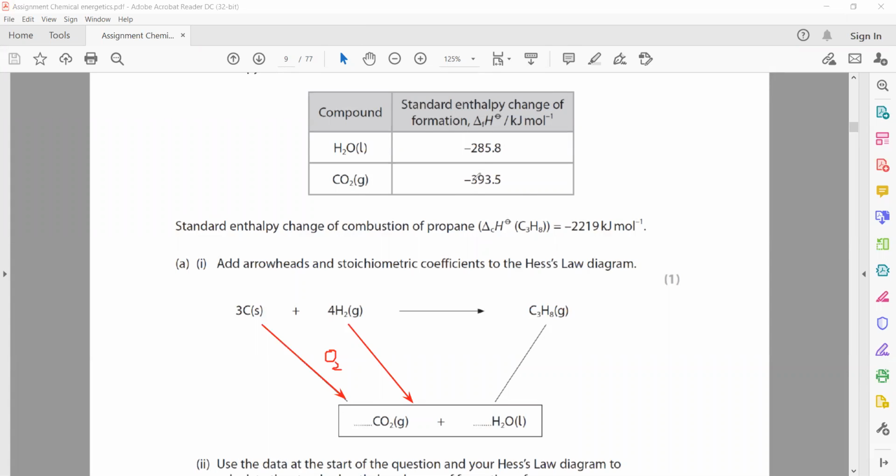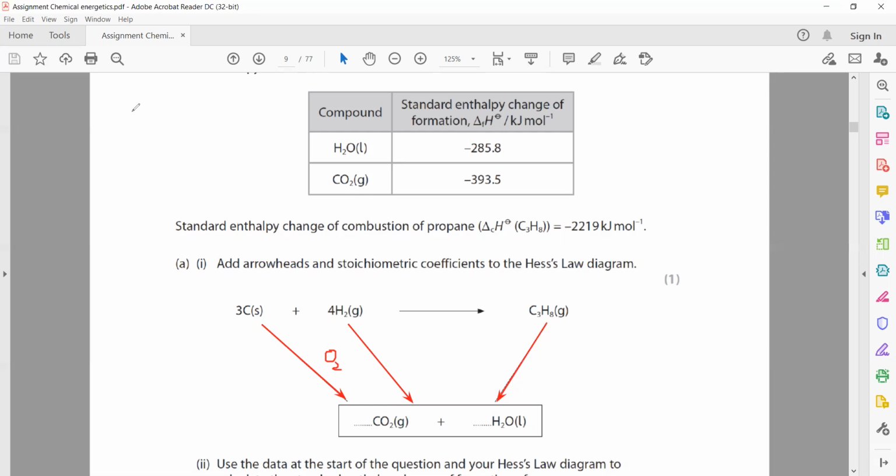The combustion of propane is given, that is minus 2219, so we draw an arrow, which is already there. This is the formation of propane, because when elements form a compound, there should be a combustion of propane as well. So this is the combustion of propane. Then how will we write the balanced equation? If you want to balance the equation for combustion,